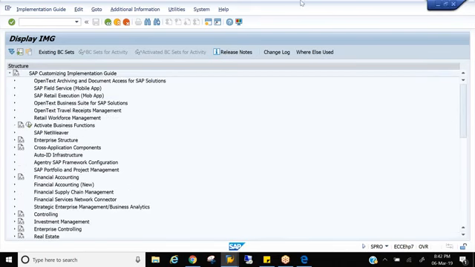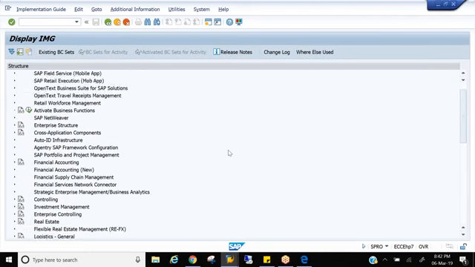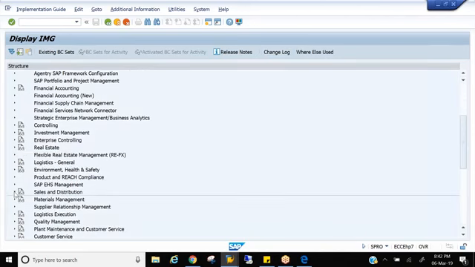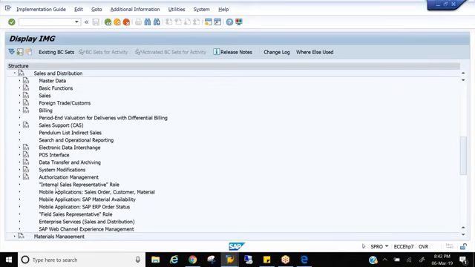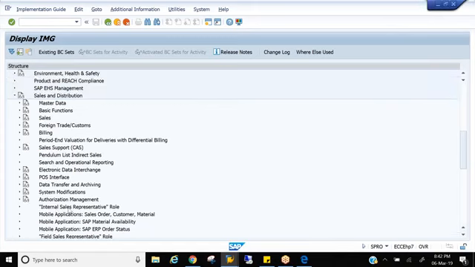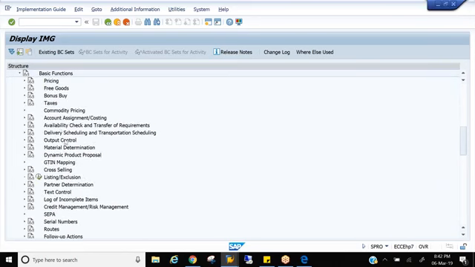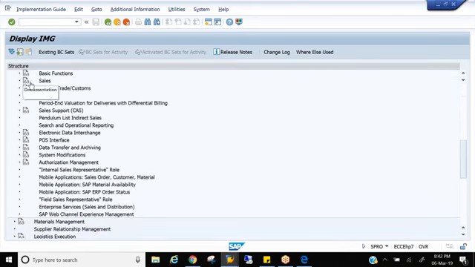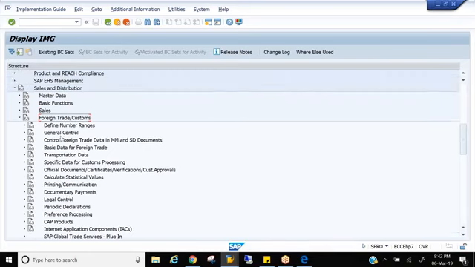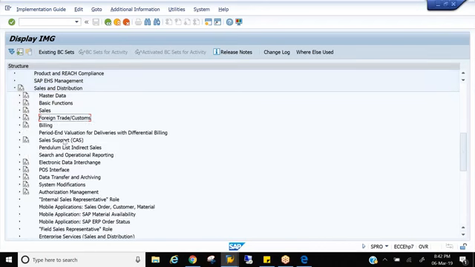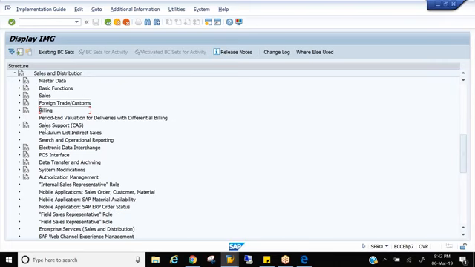Okay, thanks, Praveen. Somewhere it would be import and export, sales and distribution. Do we have it here? Yes, I just saw this one, foreign trade customers. This is the foreign trade under the SD module which we use, that is exports, as I'm talking about. So this foreign trade is completely removed in S4HANA now. There is no foreign trade. Anything has to be done only through GTS, Global Trade Services.